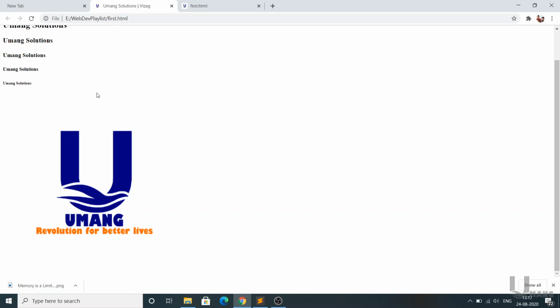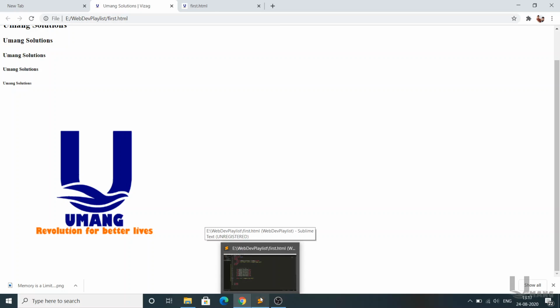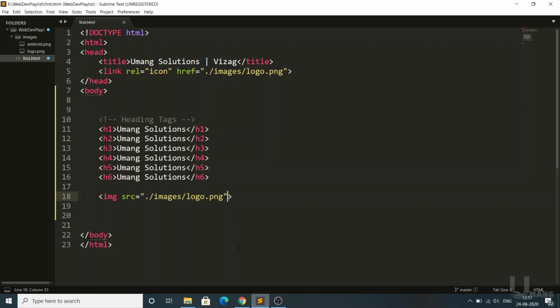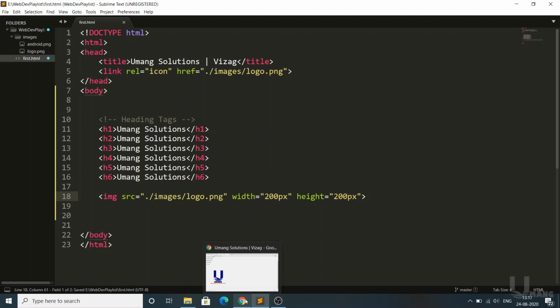But I want to reduce the size of the image. The image size is, for example, 400 by 400 pixels, and automatically the image will be fitted here. But I want to limit it to just 200 by 200. So we have some attributes like width. Width equals 200, sorry. See, width equals 200 pixels, okay, and height equals 200 pixels. Okay. Now I'm just opening it.